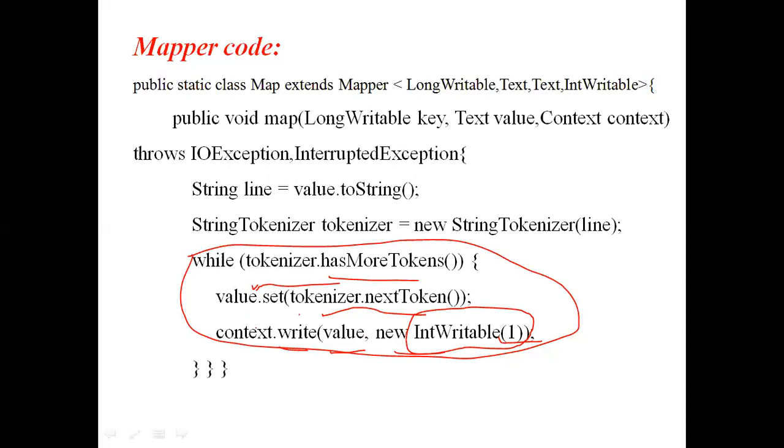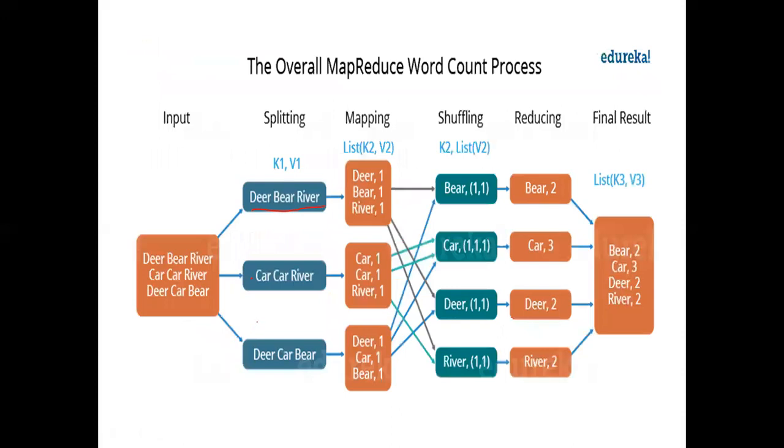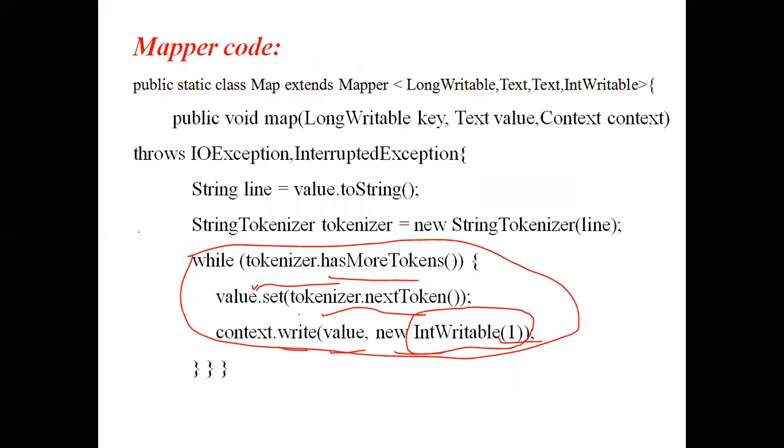Immediately, we are attaching the one, context.write of pairs. We are writing them as pairs like this. See, first it will divide this into three tokens. The first token will be taken, and immediately one is attached. Second token one, third token one. Similarly, in the case of the second input split also, car one, river one, and the third one also. That is the thing here. This is briefly the mapper code.